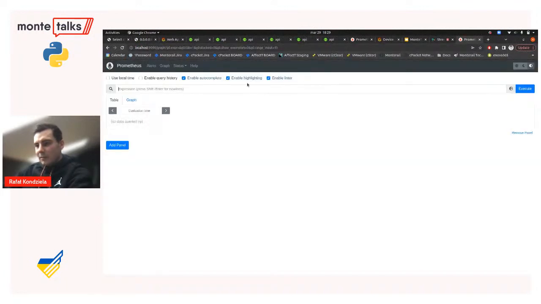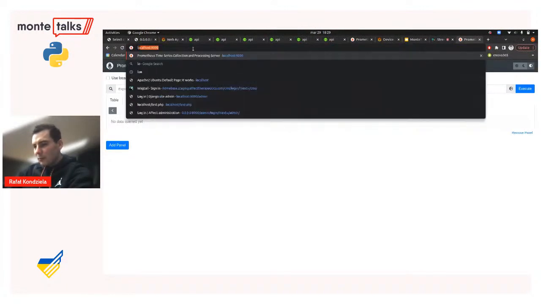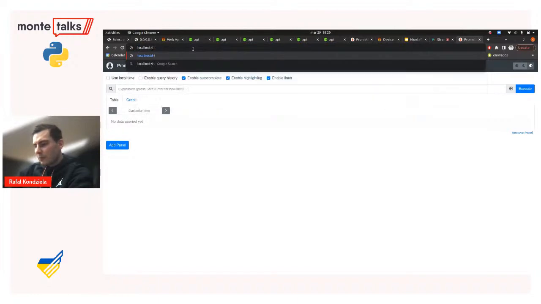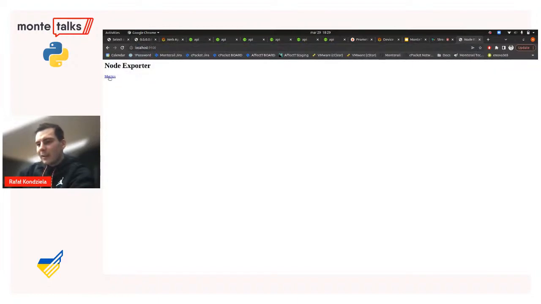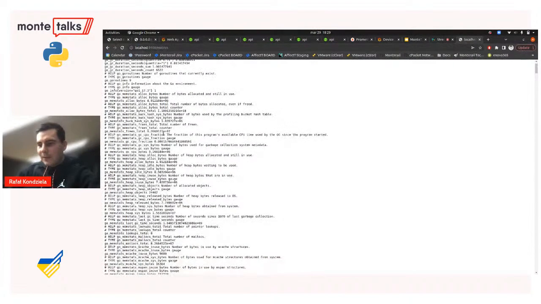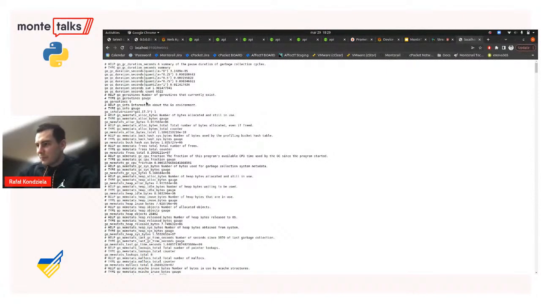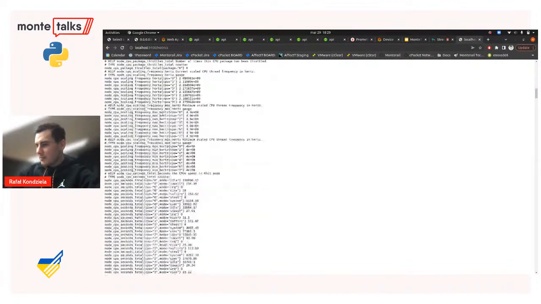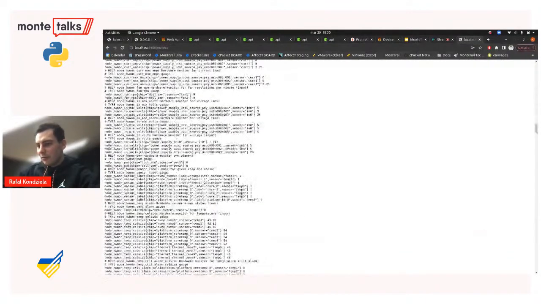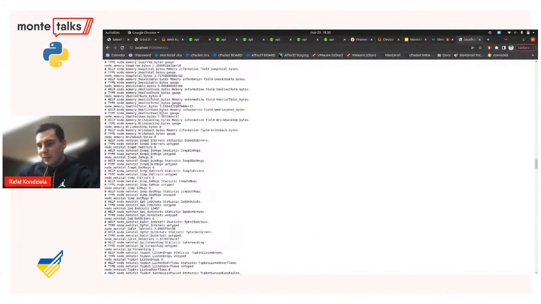The node exporter is running on port, probably this one, yeah, and those are metrics which I'm using in the device dashboard, and as you can see, there are a lot of metrics